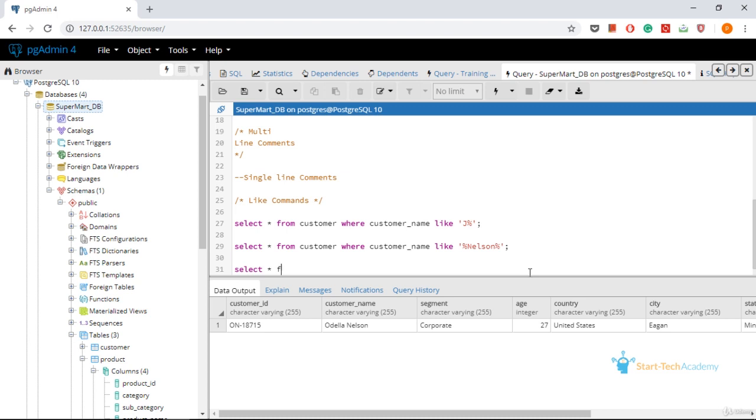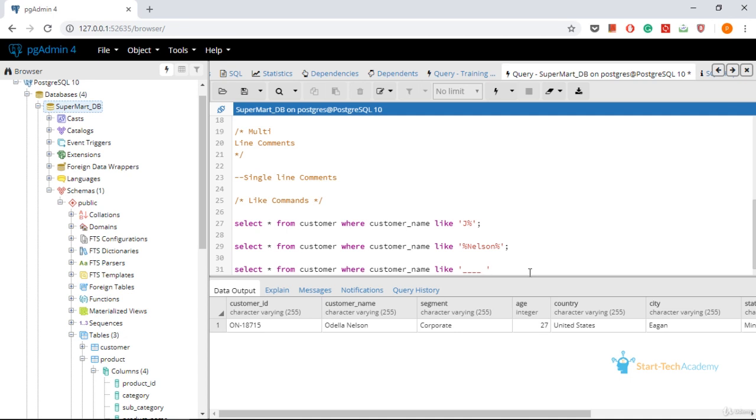Select star from customer where customer name like, so first underscore, second underscore, third underscore, fourth underscore, now a space.